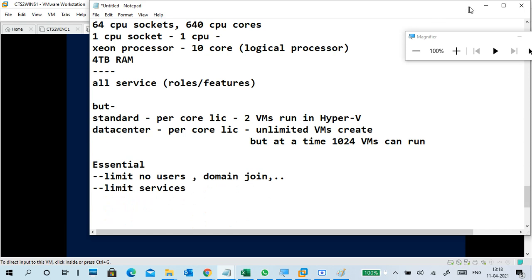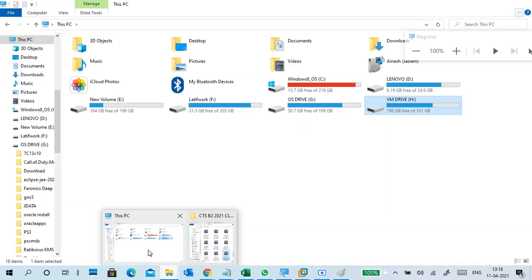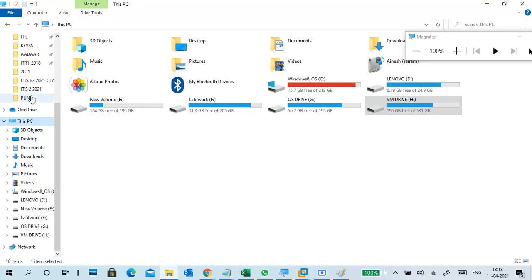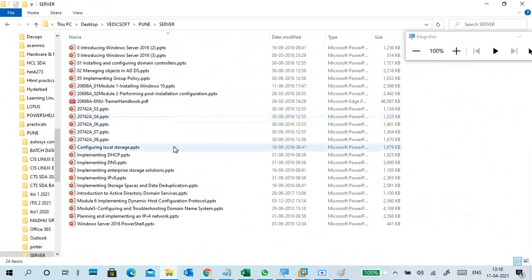You can search on Google for the limitations, or otherwise I will share a textbook. PPT is required, right? So I'll share the PPTs. Here is the PPT. Let it install, it will take time. First is the first PPT.